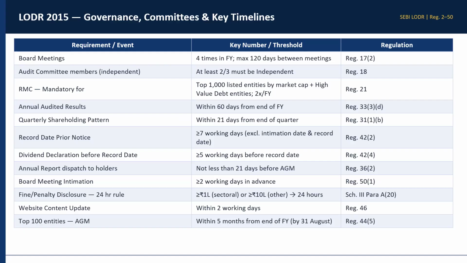Annual report you have to dispatch to the shareholders not less than 21 days before the AGM. Dividend declaration before record date, 5 working days or more before the record date. ठीक।